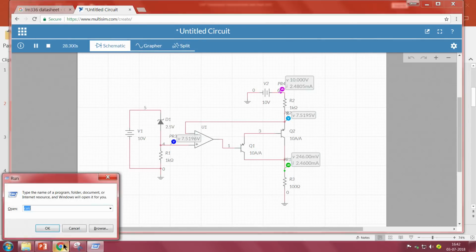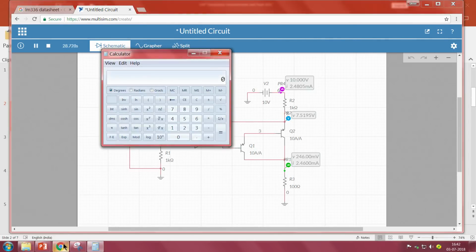Now, we know the current flow in the emitter is 2.4805 milli, and multiplied by 0.99, that is 2.455 milliamps, the collector current, alpha times IE, and the voltage drop across is 246 milli. So, 246 divided by